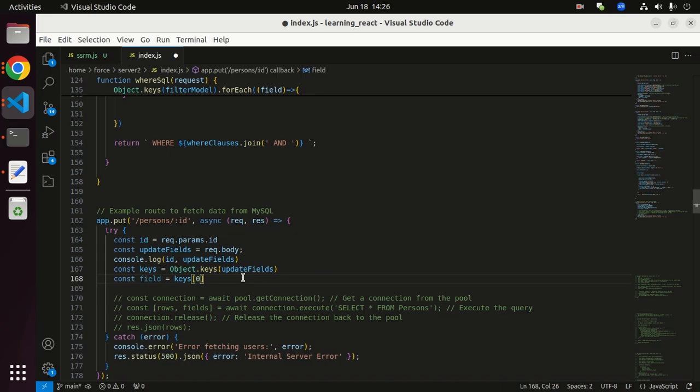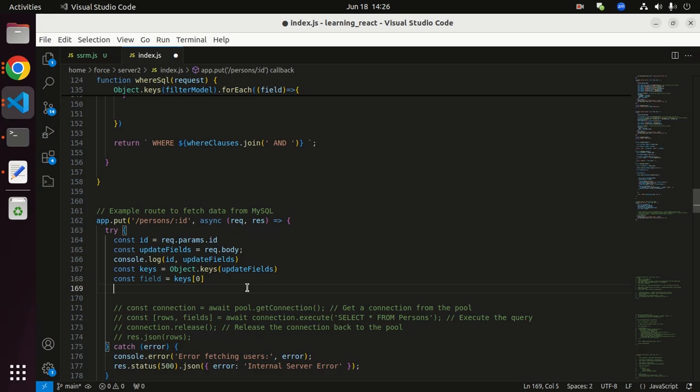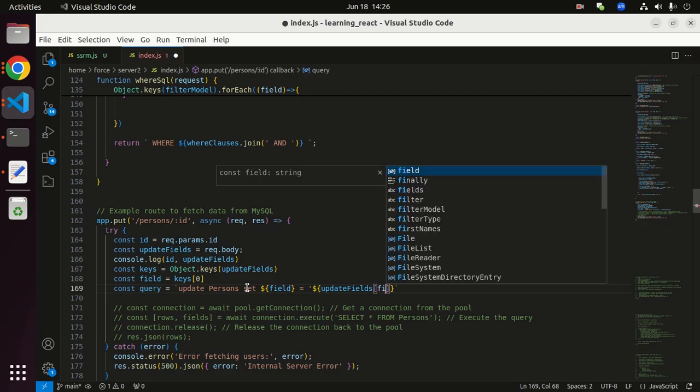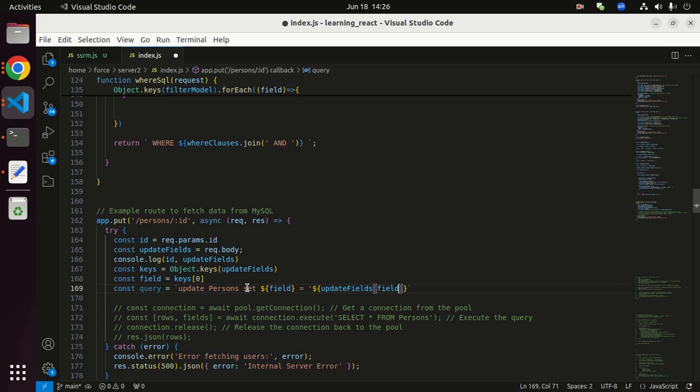Now we need to create a SQL query, constant query equal to, we are going to use backticks, update persons, P is capital letter for persons, update persons, set field, set first name equal to update fields of field, update fields of first name, so it will be the value where id